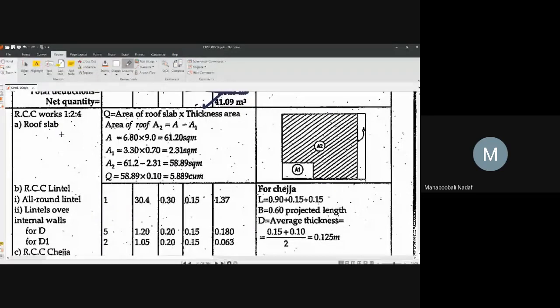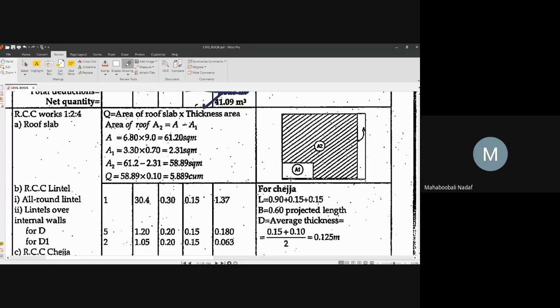Now here next step. What is that? RCC. In the RCC, see here, the steel or bar bending schedule is not given. Bar bending schedule is not given for lintel also, and not given for slab also. But still you need to do the RCC calculation and possibly steel calculation if they have mentioned. So here total cubic meter of RCC. How to get this total cubic meter? Your diagram is not a full rectangle. Something is taken out. Yes or no?